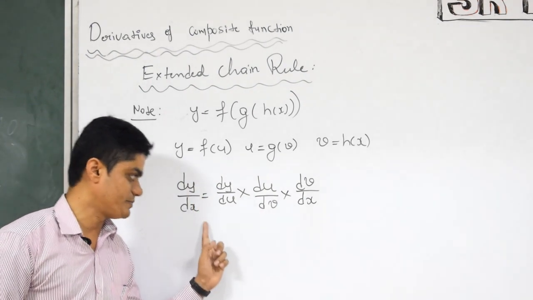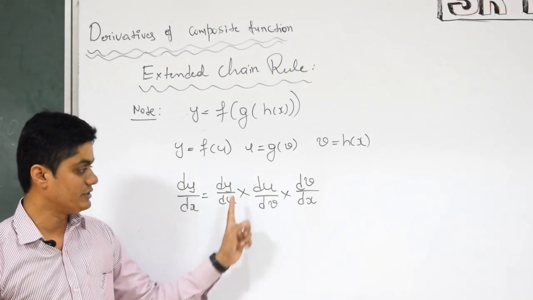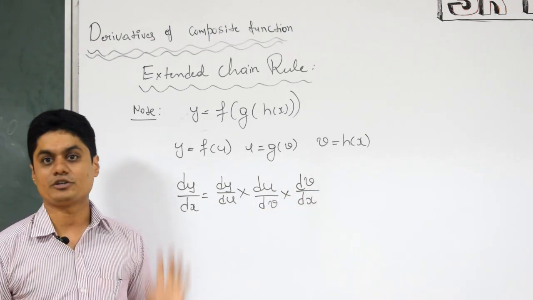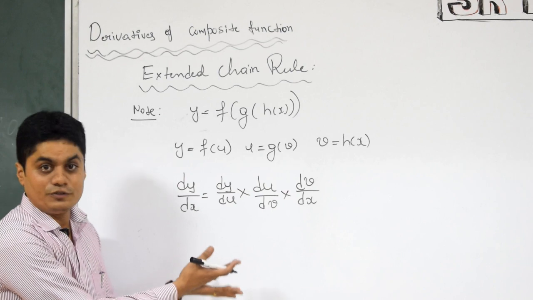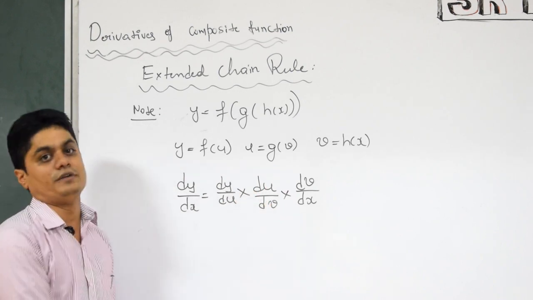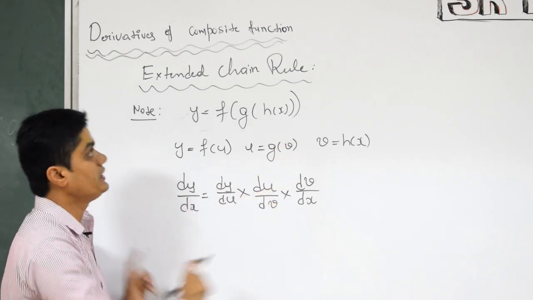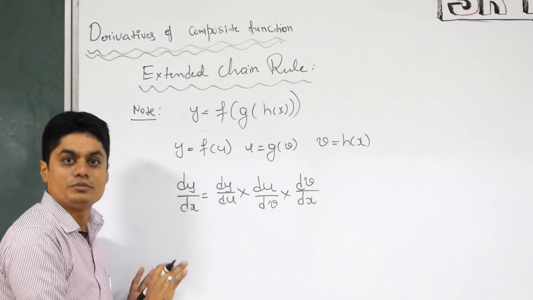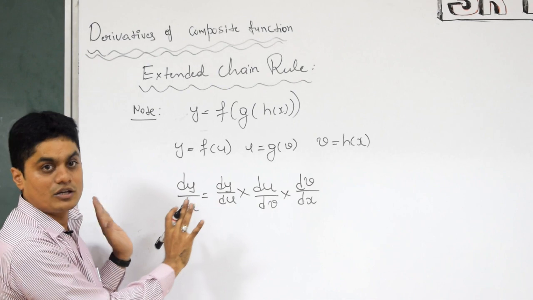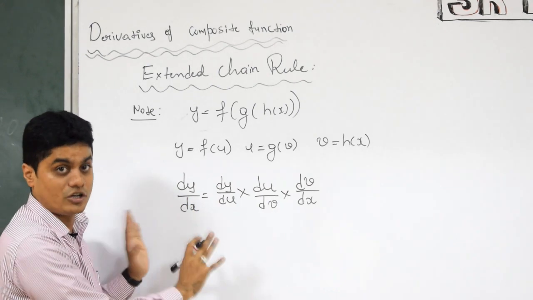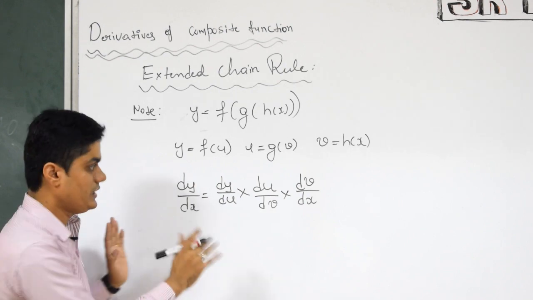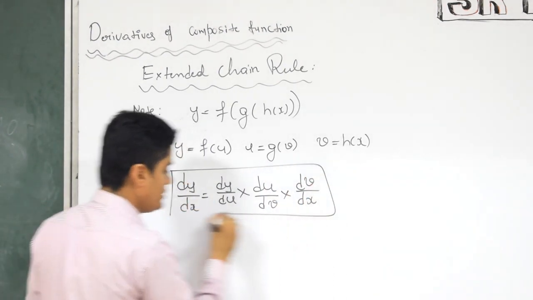So the extended chain rule will be like this: derivative of y with respect to x is derivative of y with respect to u, into differentiation of u with respect to v, into differentiation of v with respect to x. This is not only for 3. You can combine any number of functions and the same thing will continue. I will not write an extended chain rule for composition of 4, or of 5. No. This is a logic. Remember, it's not a formula, it's a logic for extension to any number of compositions. So like this you can extend chain rule.